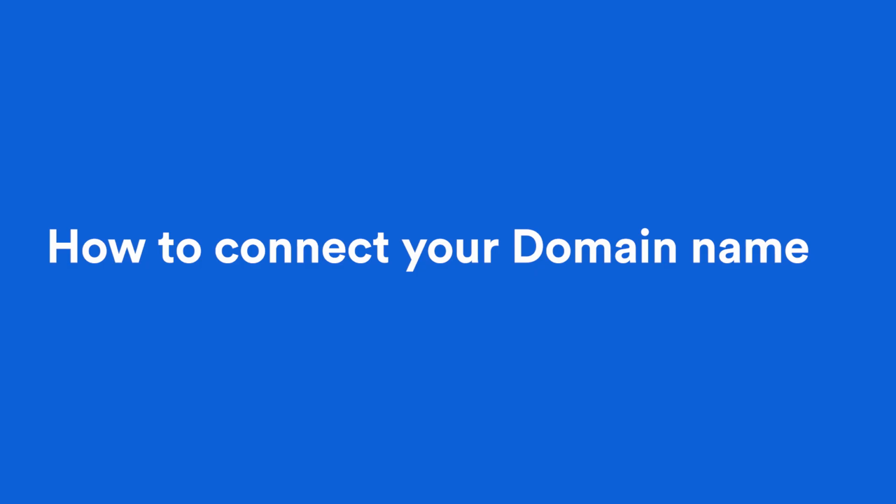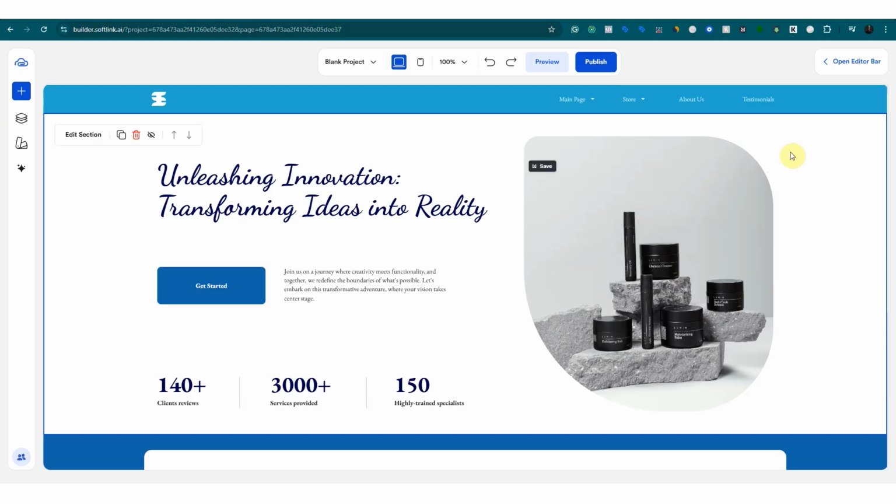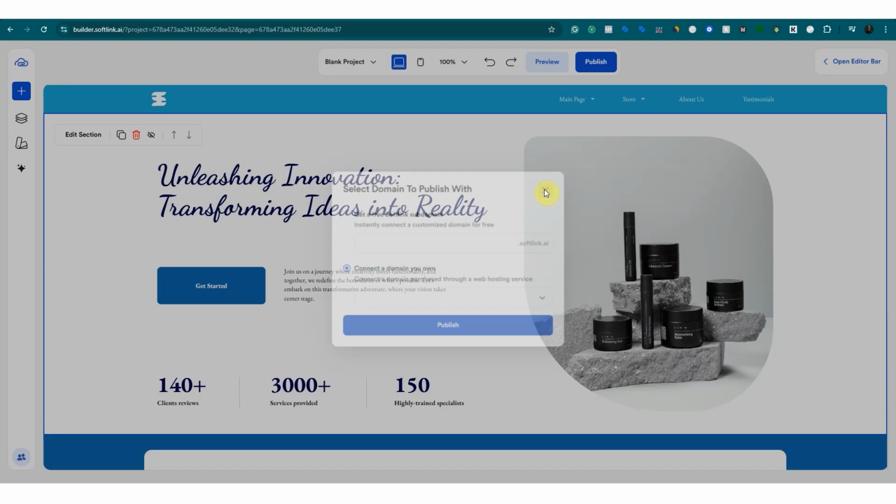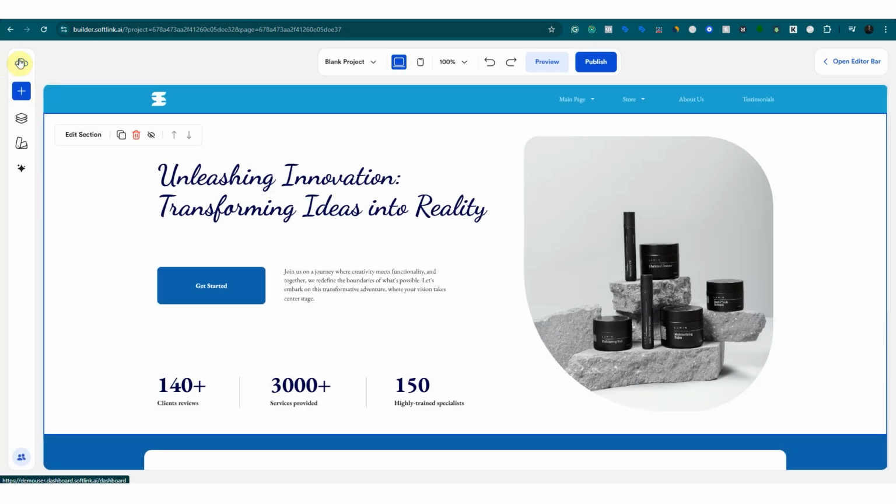Okay, so how do you connect your domain name to Softlink? The first thing you notice is when you want to publish a page, you're supposed to select the domain name option here, but I don't have any domain name integrated. Okay, so here you're going to go to the home page. So on the home page, you go to your dashboard rather. So from your dashboard,